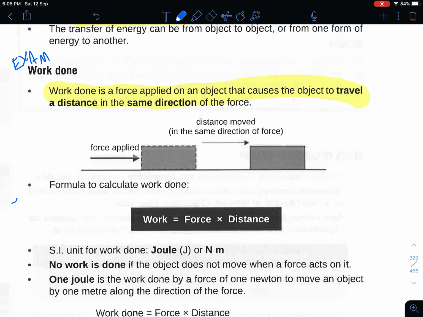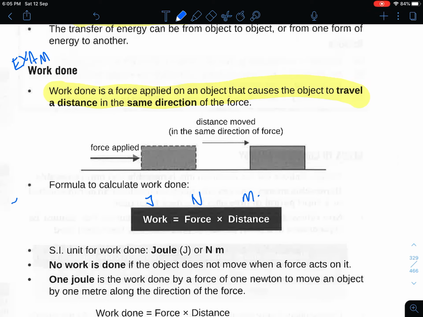work done equals force times distance, where work done is in joules, force is in newtons, and distance is in meters. Another SI unit for work done would be newton meter, but I would strongly suggest you use the word joules. Now, in the event that the distance being moved is not in the same direction as